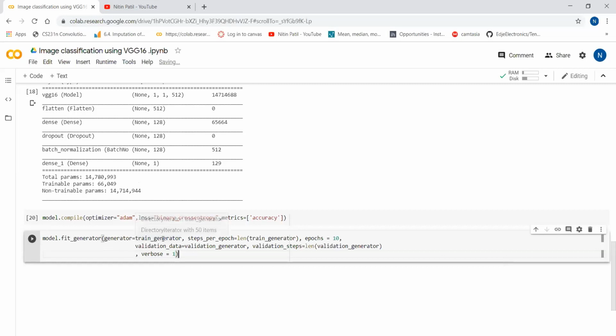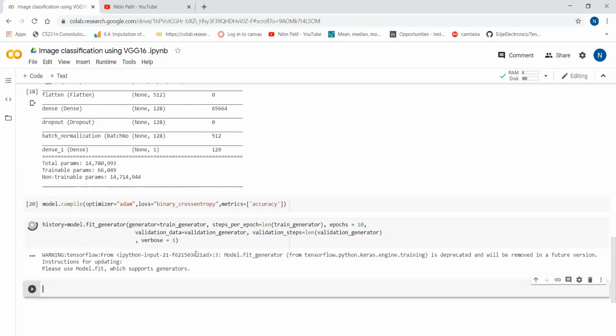For the generator, I have passed the train generator which we have created, the number of epochs I will say 10, and steps per epoch is the length of the generator which we saw in the last video. Validation data I will use validation generator. I will save the output in history and start the training.